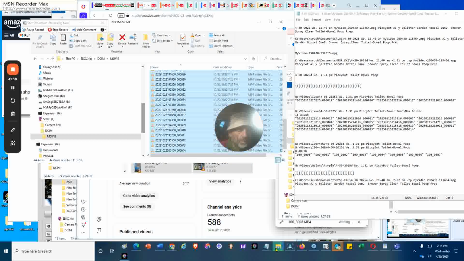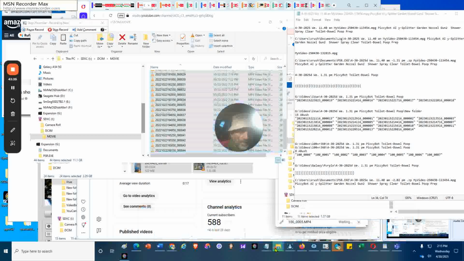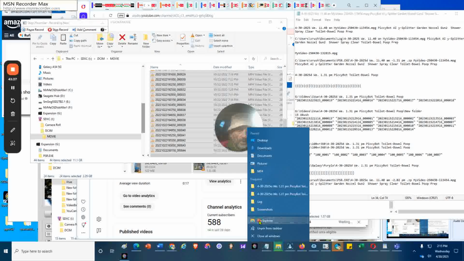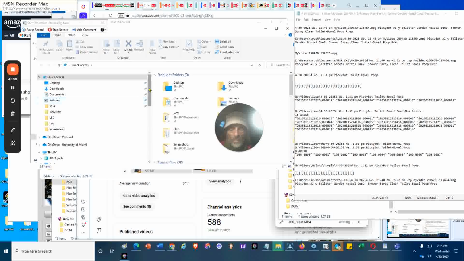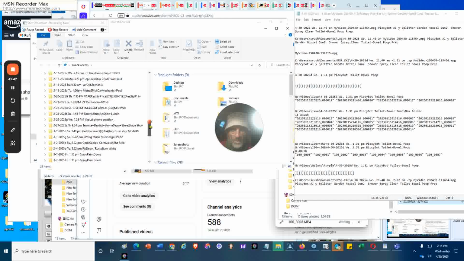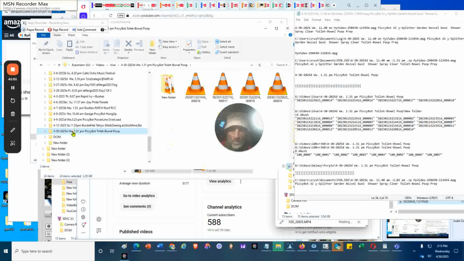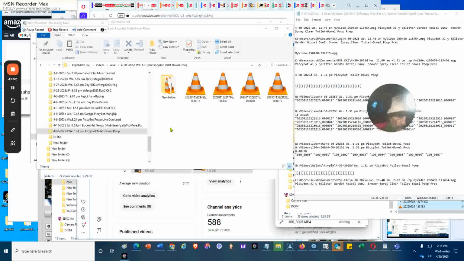And then go to the target. So I will open another File Explorer and navigate to the target folder, which resides on drive G in the subfolder video, and in it the subfolder for iView, and in it I scroll down to today's date and time, the picky butt toilet bowl poop, and I'm going to start by opening another subfolder,